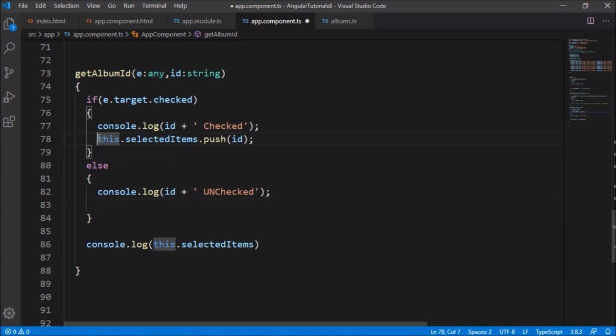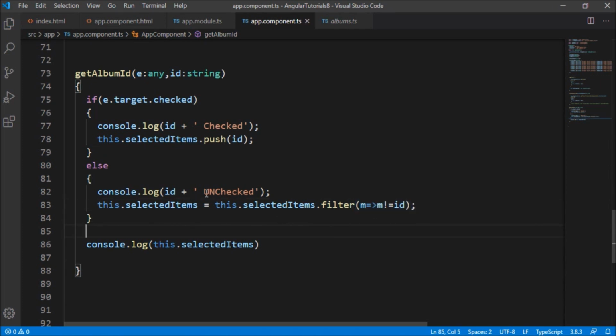I'm going to write this.selectedItems equal to this.selectedItems.filter, item not equal to id. What this filter is doing is removing all the items which are unchecked. This is the logic for that. So we have a log of checked, unchecked and the selected items.